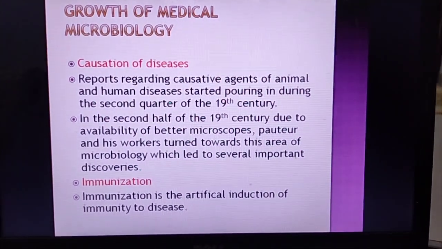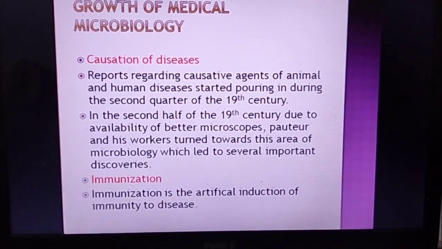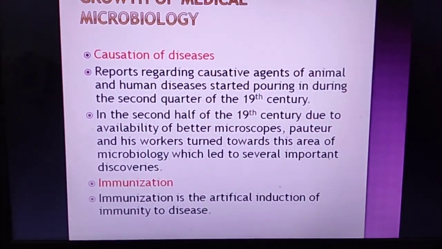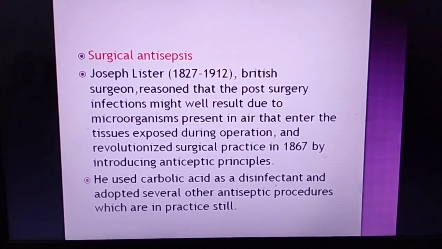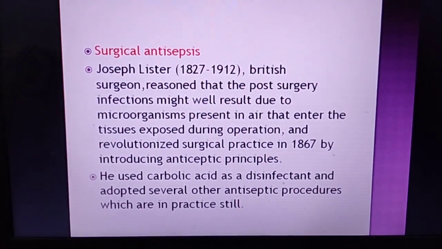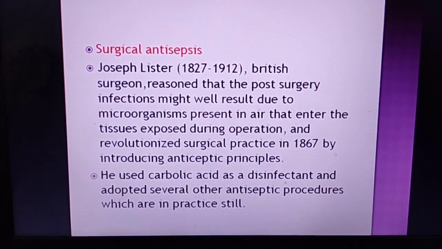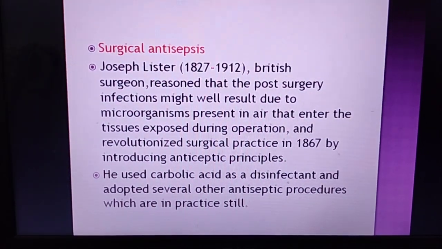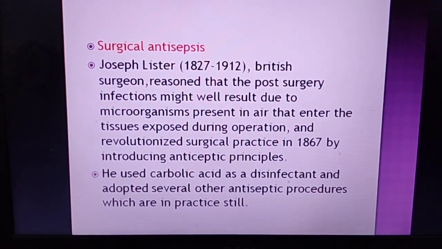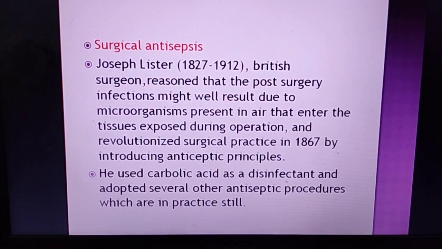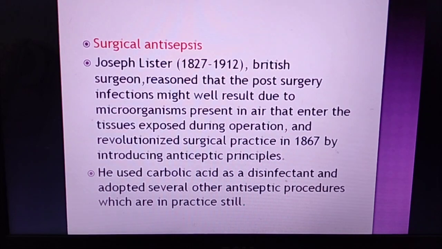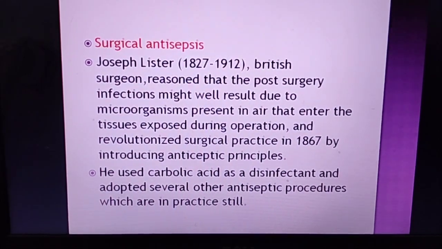What is immunization actually? It is the first artificial induction of immunity to a disease. Okay, another important thing which was discovered during this time was surgical antisepsis. In this also, Joseph Lister, a British surgeon, reasoned that post-surgery infections might well result due to the microorganisms present in air that enter the tissues exposed during operation, and revolutionized surgical practices in 1867 by introducing